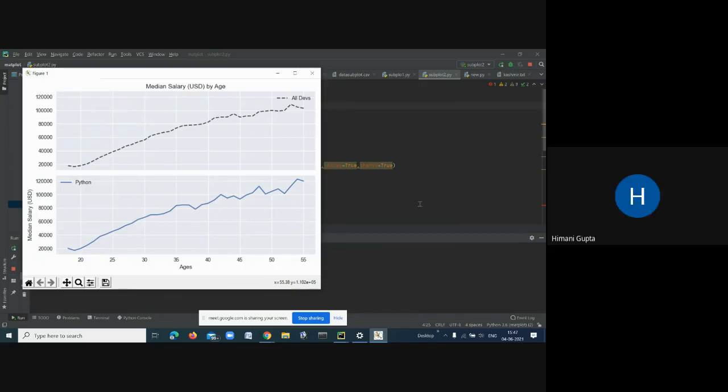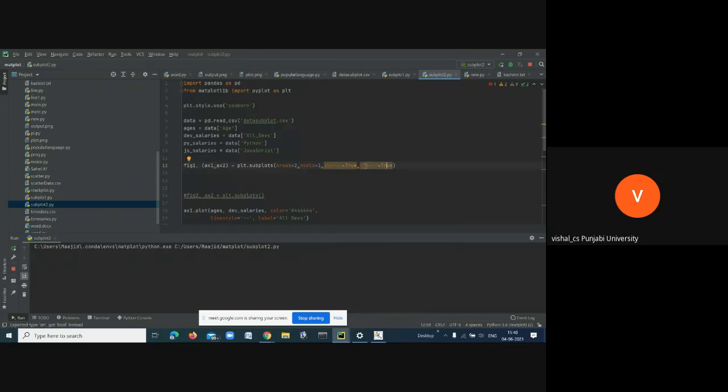Now it is coming only once, sir. Yes. One thing: you have to add extra 2 columns here. See what will happen if you add only sharex, and what will happen if you add only sharey. Do the permutations.